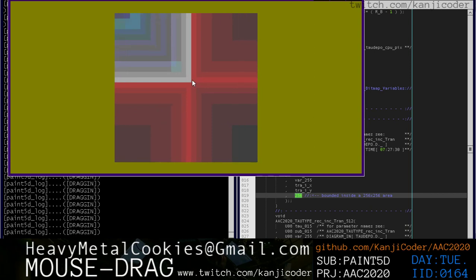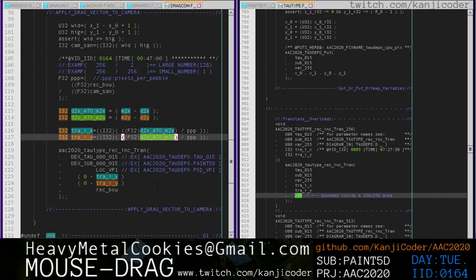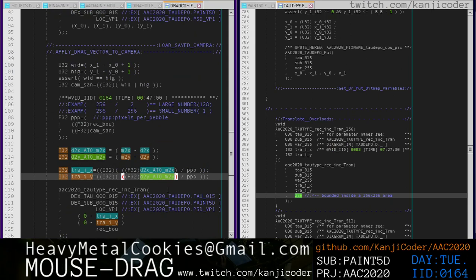The answer is I don't think so. I think it's an off by 1 error. So let's go look at what we're doing here. The camera span. So you have the rectangle bounds divided by the camera span, and that's roughly the correct equation, but not quite. And why is that? Well, we want to know how many pixels